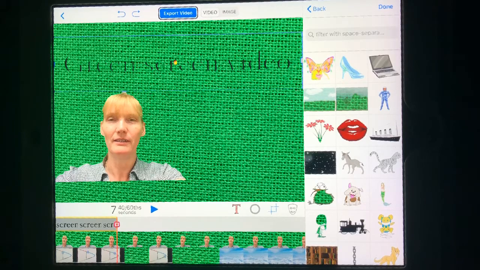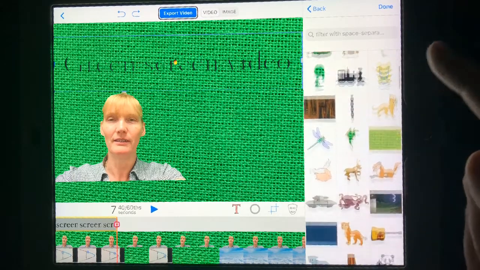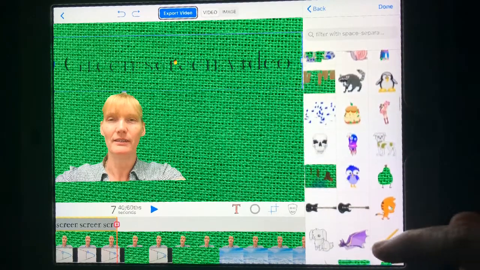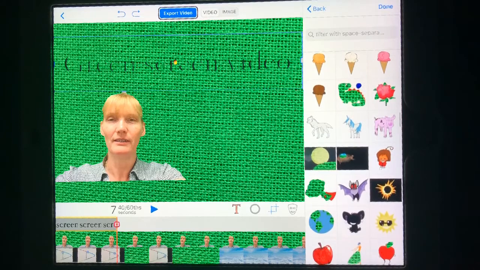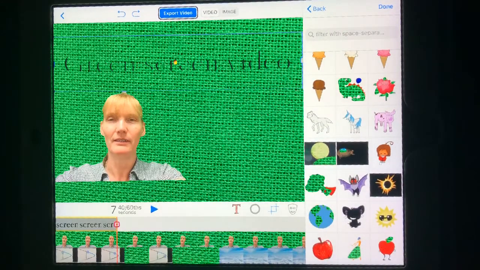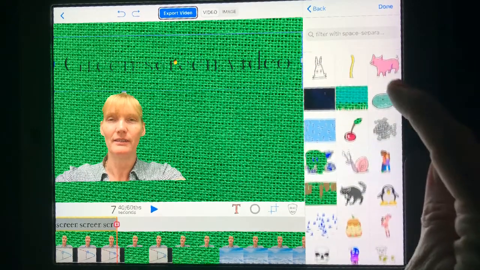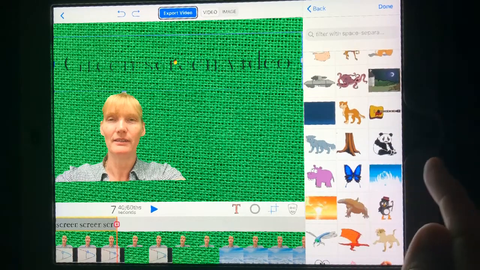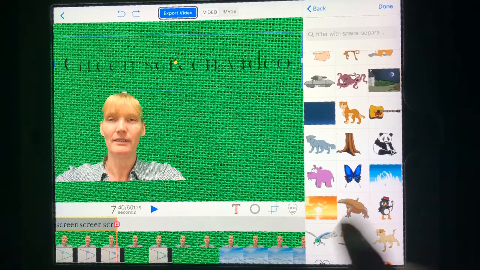Now sometimes it takes a bit for the library to open, and you can scan through different things that you may want for your animation. You can also do a search. If you're looking for food, you can actually type in food, and all the food animations will come up that they have in this particular library. Let's say I wanted a butterfly. If I choose the butterfly, say done,